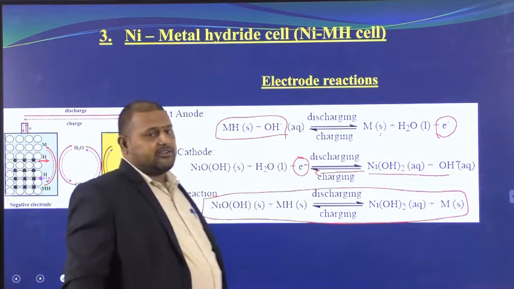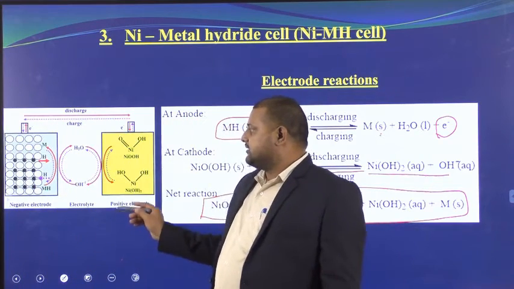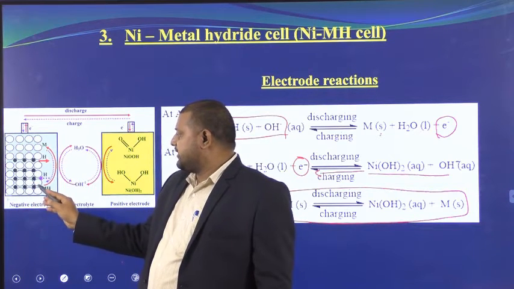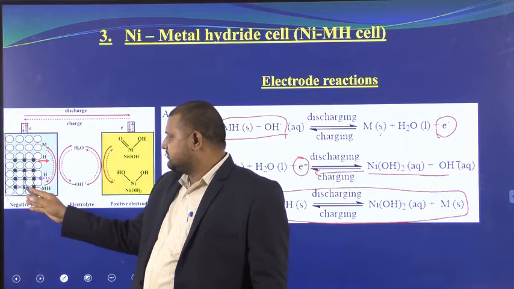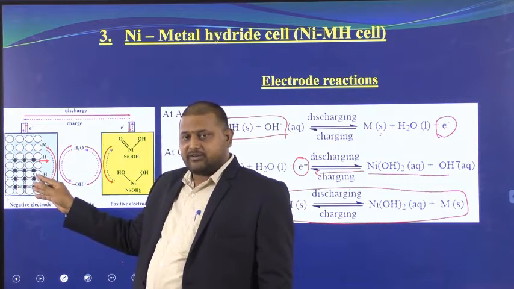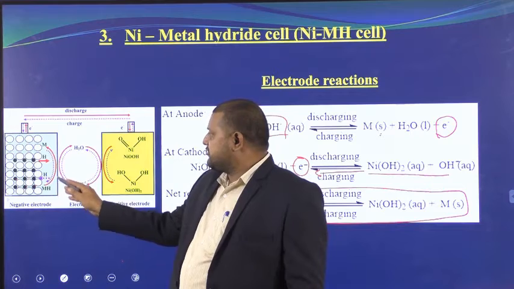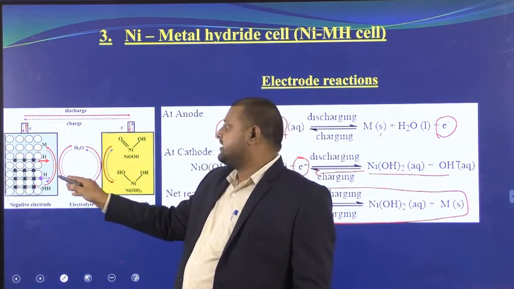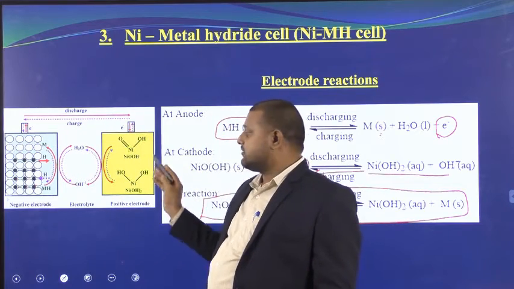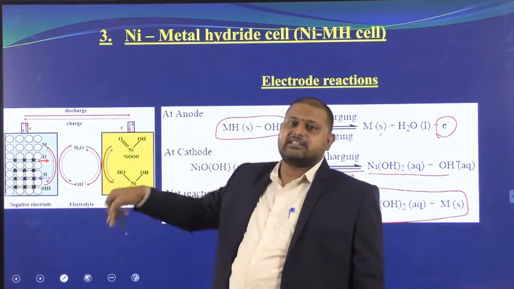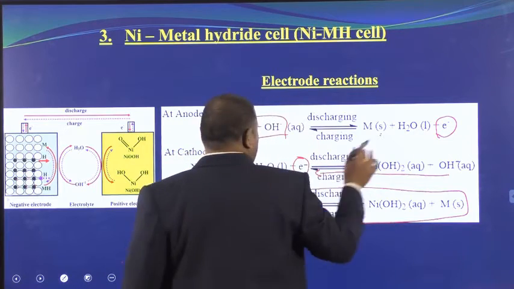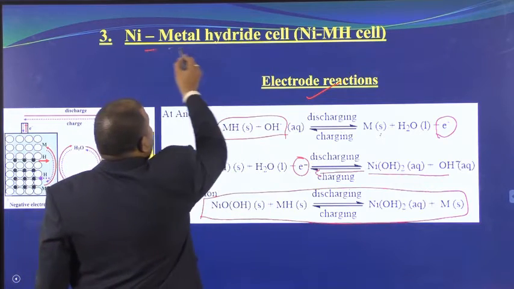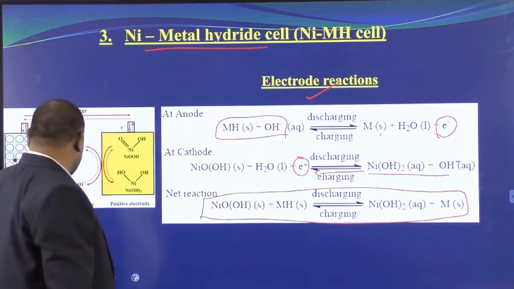So the same thing I have shown you here diagrammatically. So what are these big rounds I told you? The big rounds are metal hydrides. So this is the hydrogen. You should be able to trap the hydrogen here. So there MH becomes M and electrons are released. OH minus becomes H2O. This is while discharging. Remember, while discharging. What happens while charging? The reverse reactions take place. That is what we have written here: electrode reactions of nickel metal hydride battery.